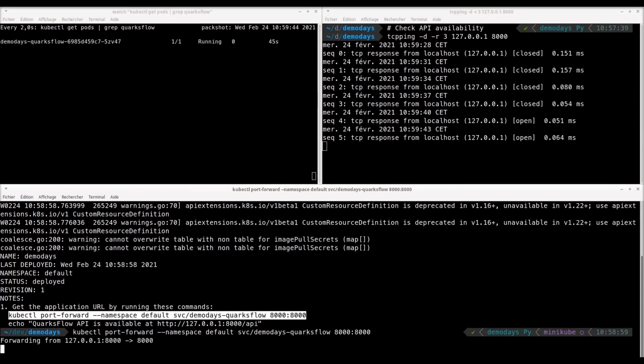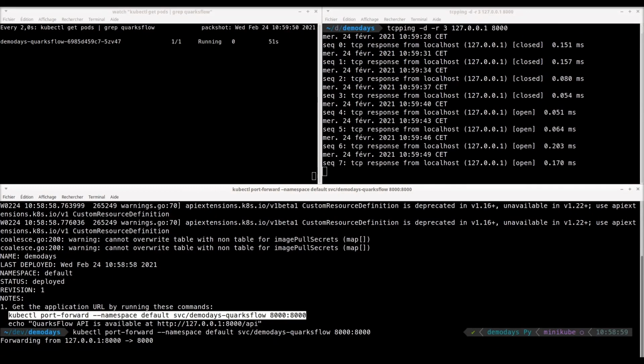We were waiting for the containers to be up and running. That's the case on the top left. Now it's okay, it's running. On the bottom, I just make the port forward to be able to access the API. And now on the top right, you can see that the API is up and running. Compared to the IRMA installation, as everything is already pre-installed in the Docker containers, there is no magic here. It's just containers that are started and orchestrated by Kubernetes. So it's already up and running.